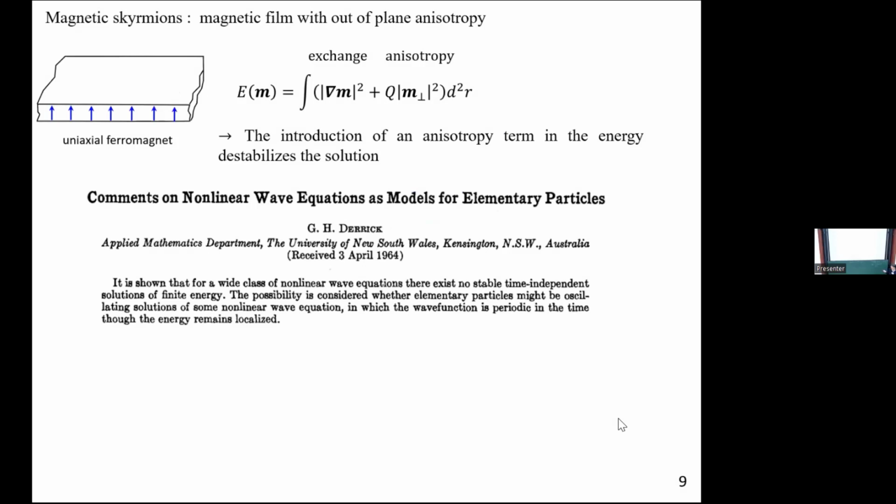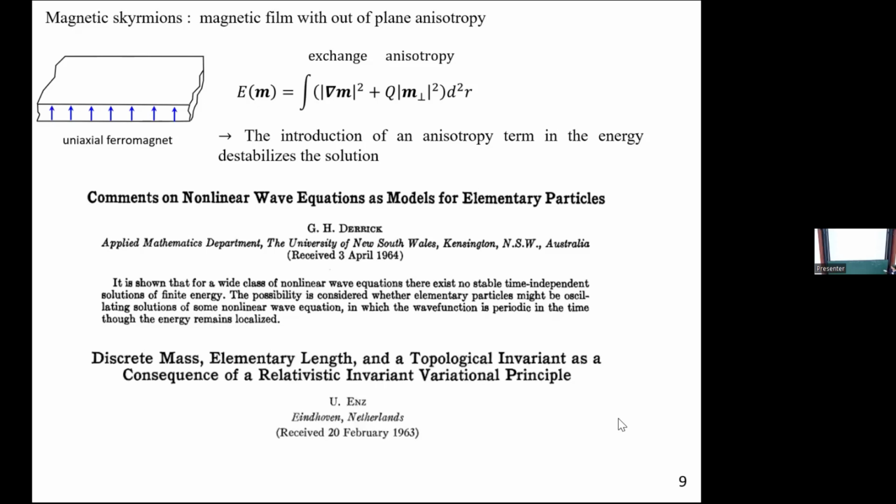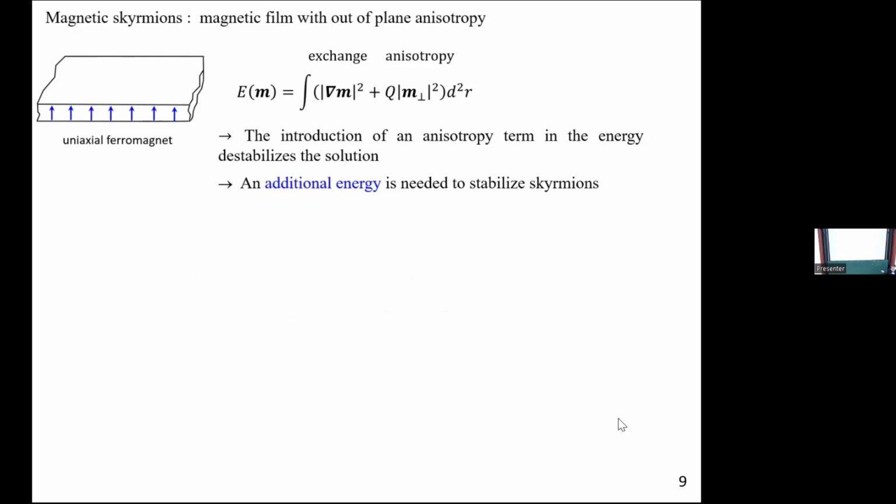And this is also scale invariant, so the energy doesn't depend on the size. But we are interested in a uniaxial ferromagnet. So we are adding an anisotropy term, and this will destabilize this skyrmion excitation. Actually, it was shown in this paper rigorously that the solution is unstable under this condition. And this paper is actually a comment on another paper where this guy has the intuition of the existence of this particle, but it wasn't proved yet, and it wasn't known which energy will enable their stabilization,